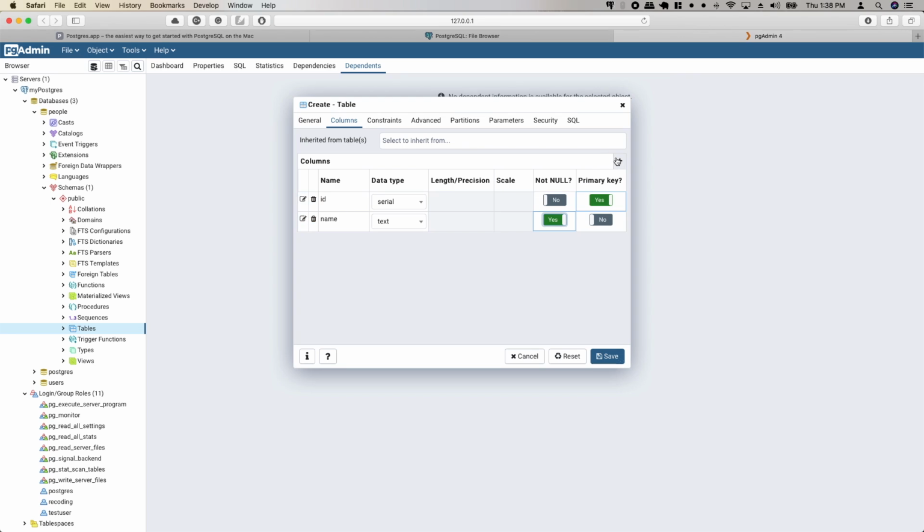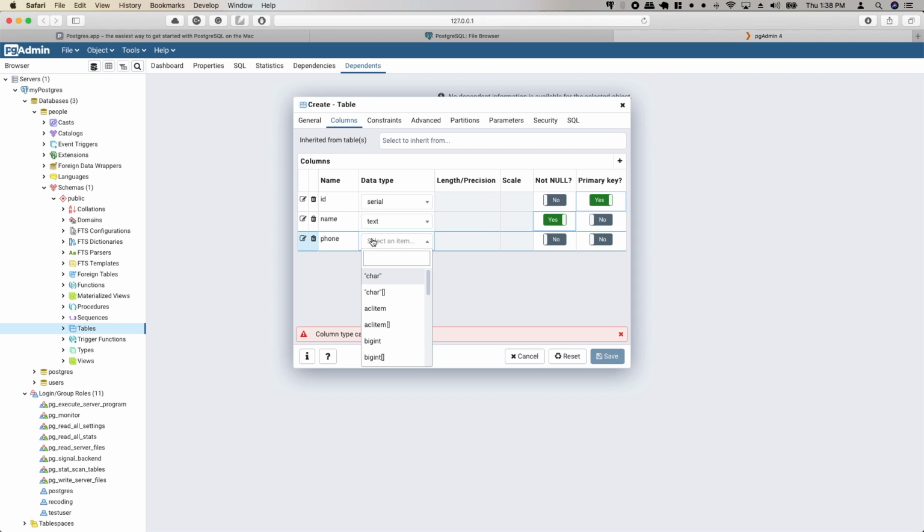Then create another column, phone, with the data type numeric. And let's just save our table.